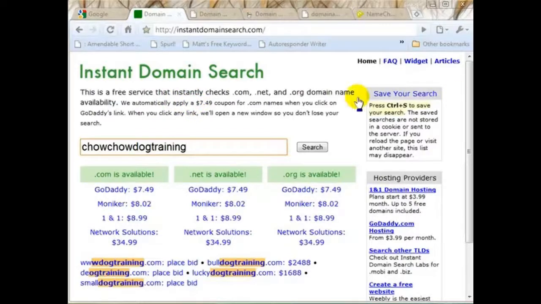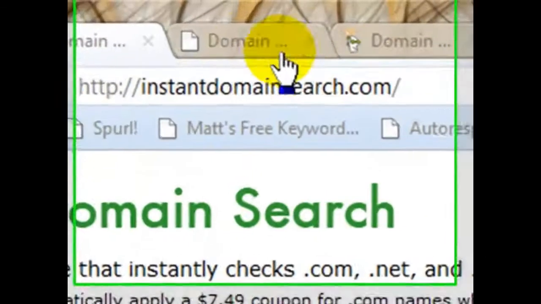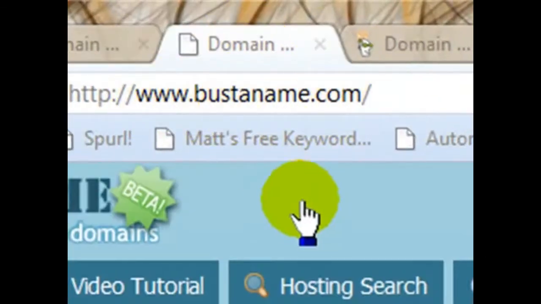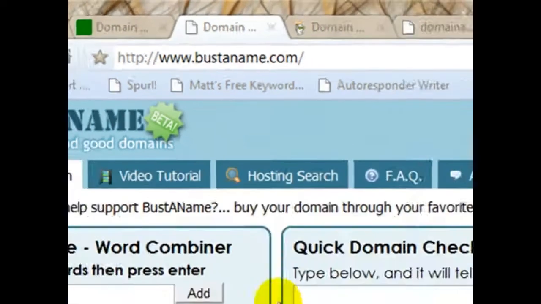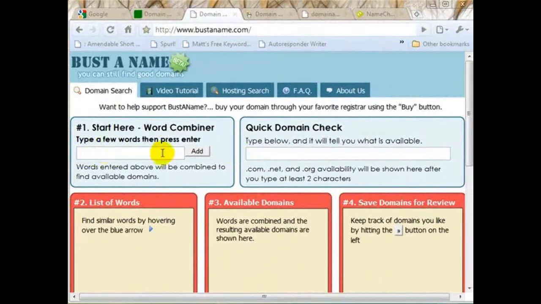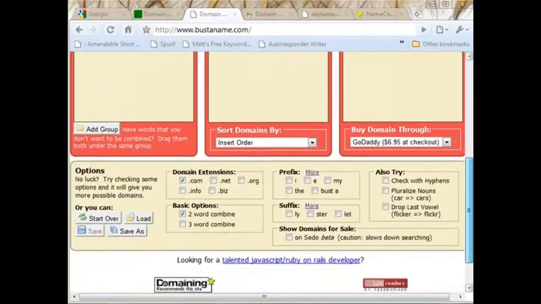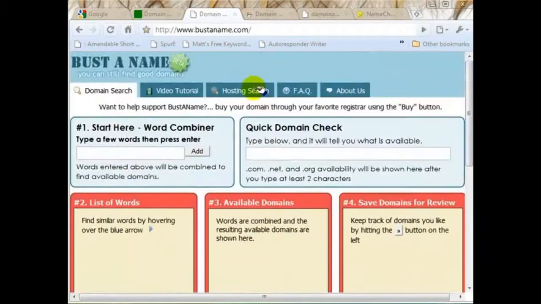So you might want to consider that as an option. So another cool tool, again, this is Instant Domain Search, bustaname.com. Now these guys offer more tools to work with on their one site than the Instant Domain Search did. Here you can just type in a bunch of words related to your niche, click on Add, and then it's going to give you a list of those words, potential domain names that are available, and more tools down here at the bottom. Now these guys also offer video tutorials on how to best use their tools, so check that